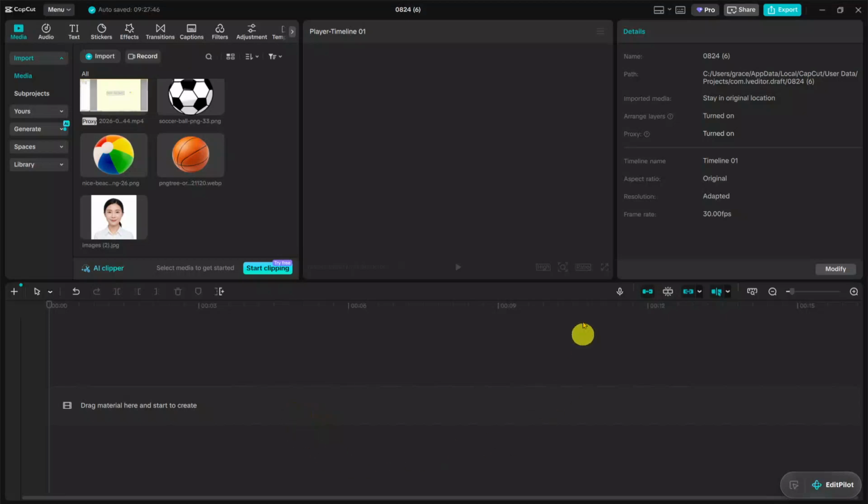Hello, today we will guide you through how to quick brush in CapCut. To get started, open the CapCut app on your device. Give it a moment to fully load so you can see the editing workspace clearly. If you already have a project open, that's fine too, as long as you're able to access the timeline and